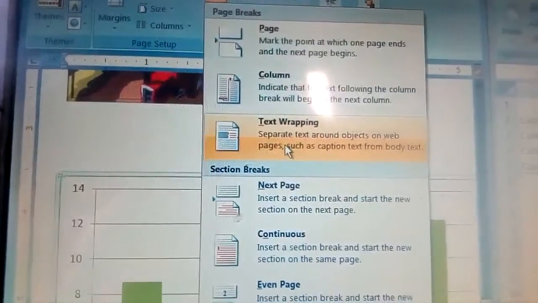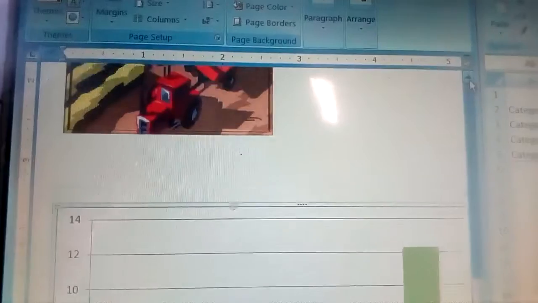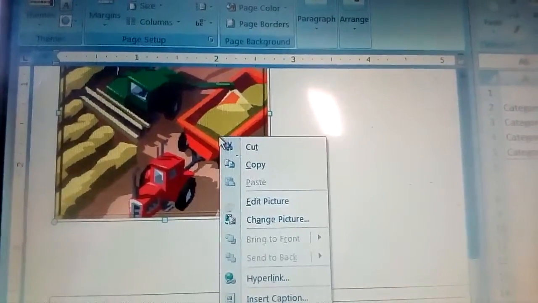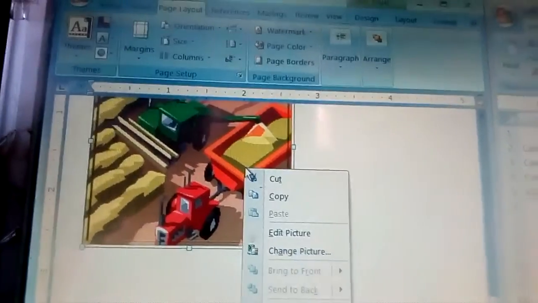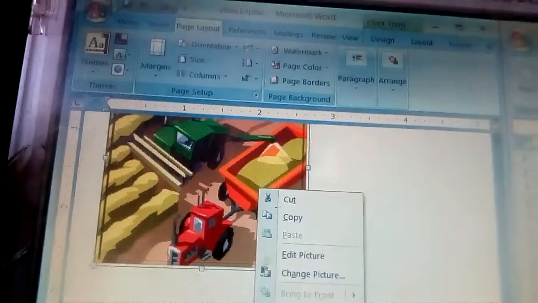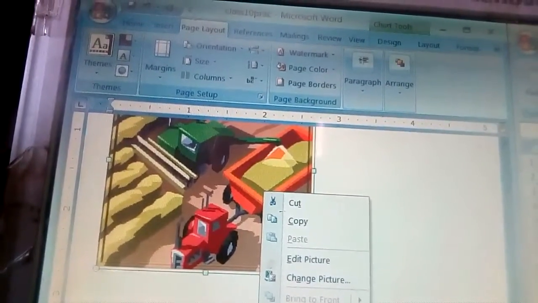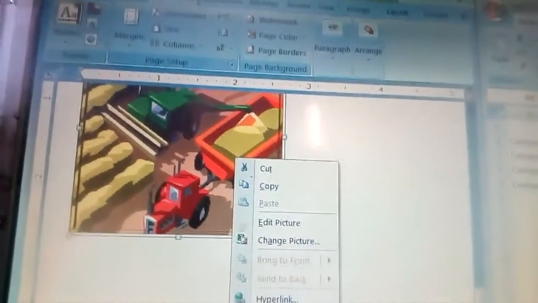Or if you want to do the image wrapping, then first you have to select the image. Okay, right click on it, and then you will get the wrap option, text wrapping. In LibreOffice, it will simply be written here as wrap instead of text wrapping. There you can get this wrap option.